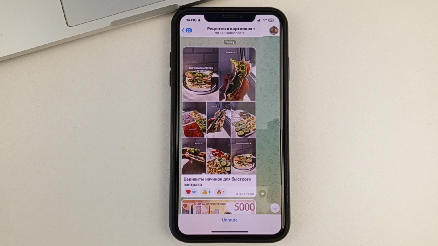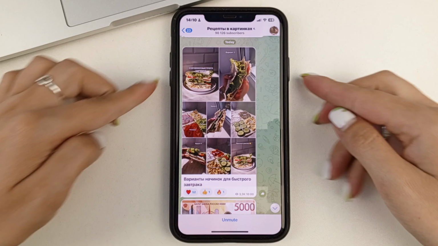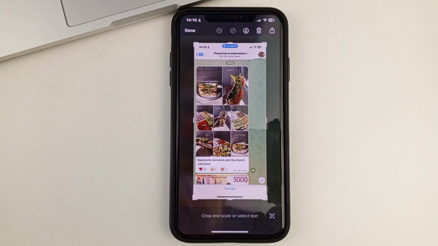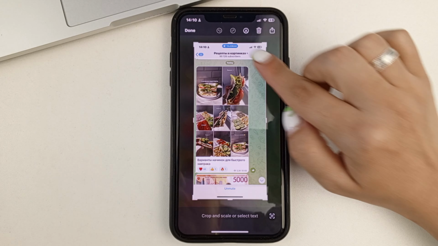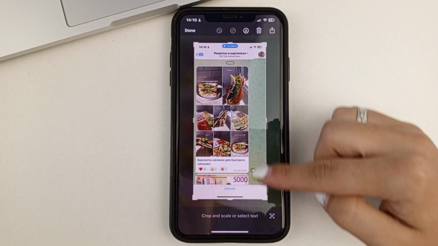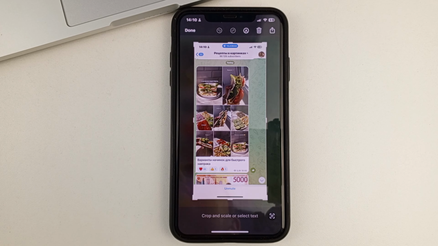Because if you take a screenshot of a private channel like this, then you look at the screenshot, you won't see the messages there like in a normal channel. It's just the background of the channel that's empty. There won't be any messages, which means that all the messages in this private channel are hidden, specifically to secure this private channel.